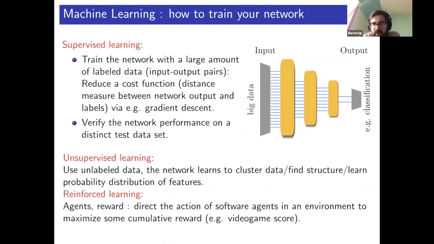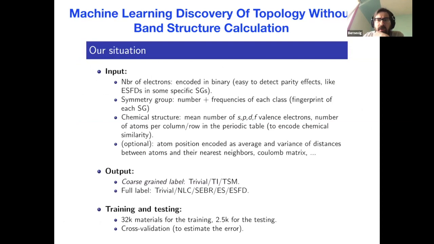So what we did here is, we have this big database of non-magnetic materials. We wanted to know, can we predict topology without doing calculations? And I have to emphasize that this is not predicting new materials. It's just having a new material and predicting topology without doing the DFT, which for some materials that have 100 atoms per unit cell is actually quite an improvement, because machine learning would do it in a fraction of a second, whereas a DFT for 100 atoms would run several days on a supercomputer, or for more than 100 atoms per unit cell.